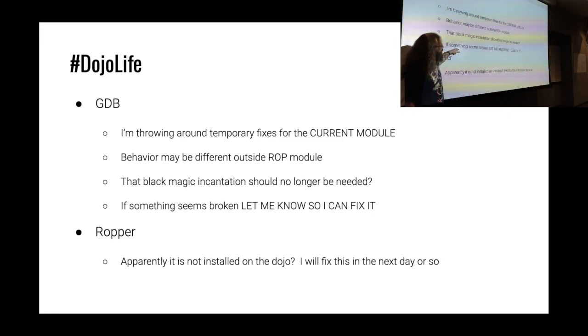So yes, please let me know so that I can fix it or try and address it, because the dojo is a complicated beast, and so there's things that sometimes don't behave how you would expect on a normal Linux system. Somebody earlier today brought up ROPper, which is just another tool like ROP Gadget, but they're like, hey, I prefer that, and for whatever reason that's not on the dojo. I'll add that because I'm tool indifferent, right? Whatever you like, as long as it's somewhat well known. I'll get that on the dojo sometime, probably by early this weekend, because that's an easy thing to fix. So let me know if there is something.